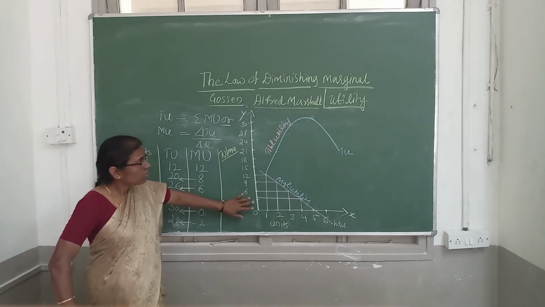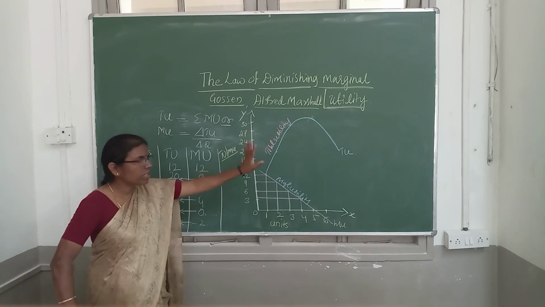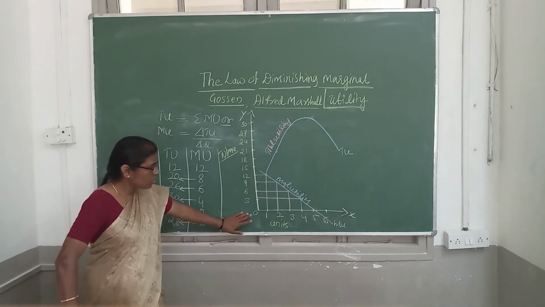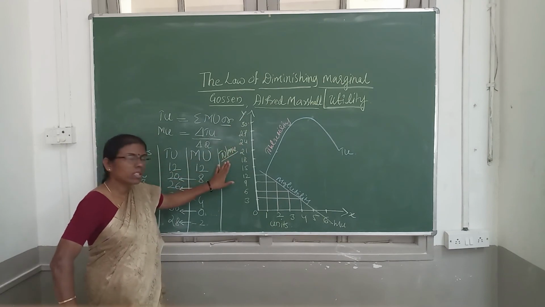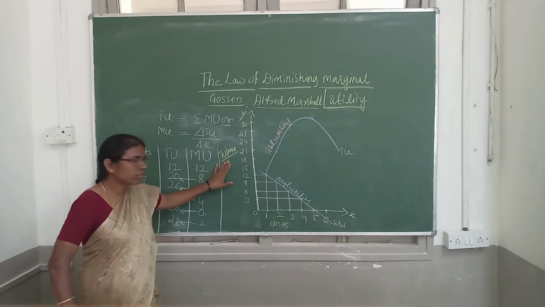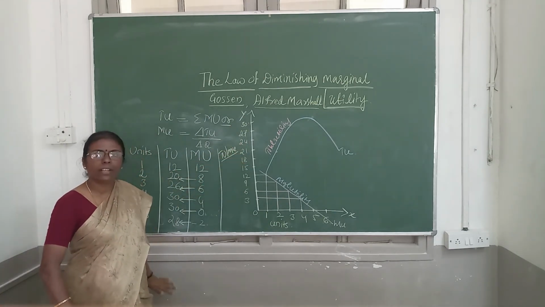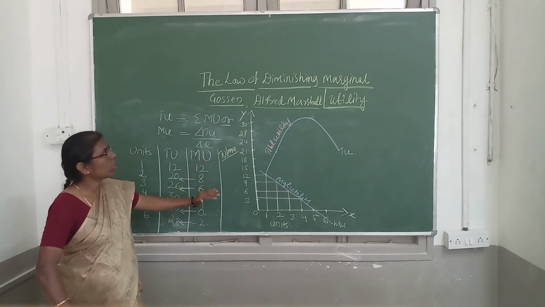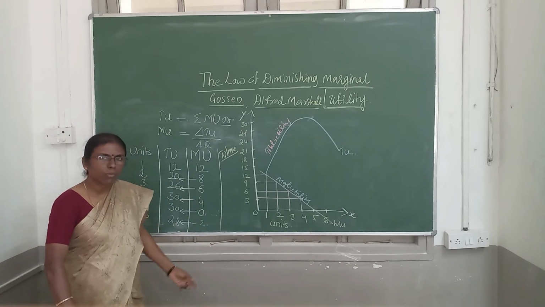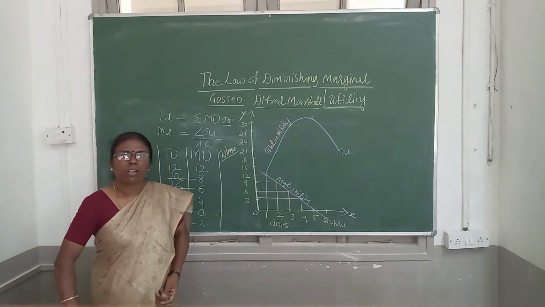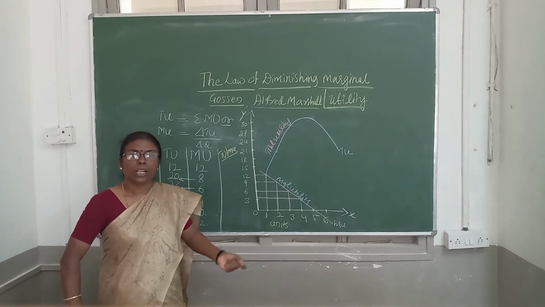And we have to write the scale on the right side of the diagram. On OX what is given, and on OY what is given, we have to write, and then we have to write the scale there. So this is about the law of diminishing marginal utility. In the next session we will discuss the importance of the law and the limitations of the law,